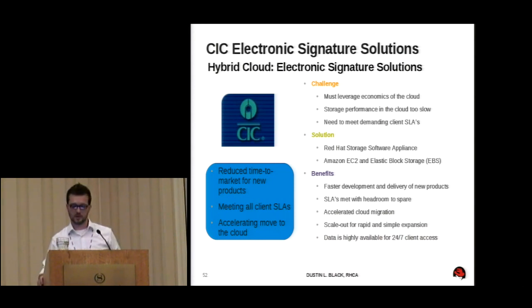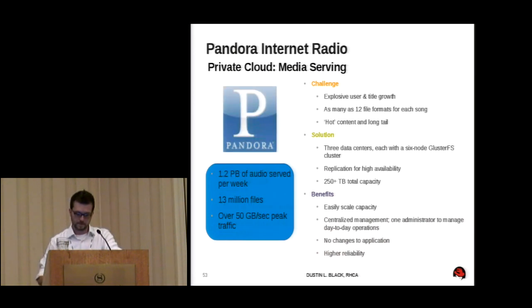And what they're able to do with Gluster in Amazon Web Services is set their standard for those SLAs, and they were able to move far beyond those. They were actually able to get performance metrics that are well beyond what they were even shooting for. They were also able to accelerate their cloud migration. Once they put Gluster into the plan, their move to the cloud was able to go a lot more quickly and smoothly.